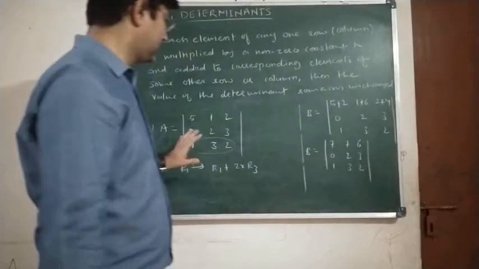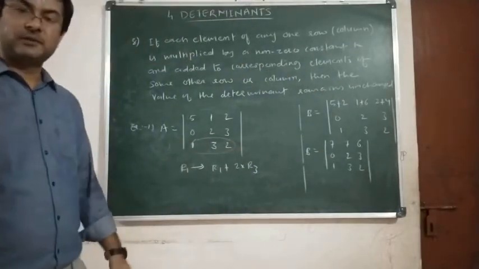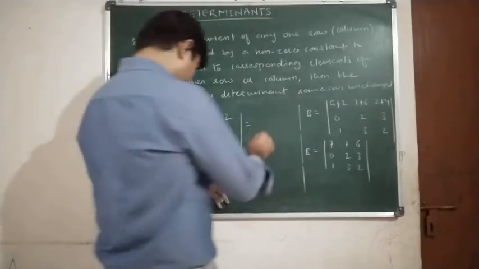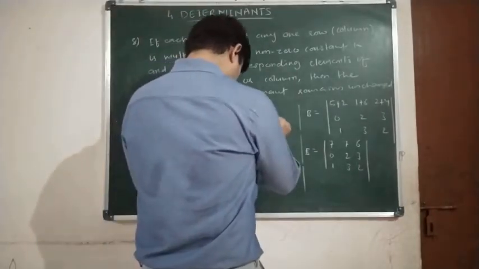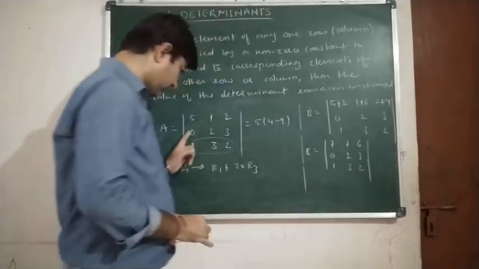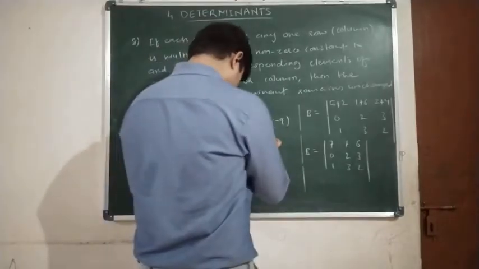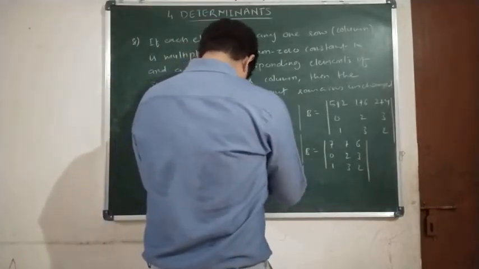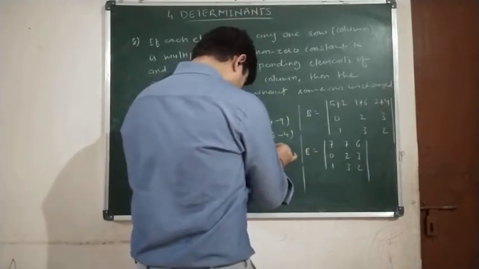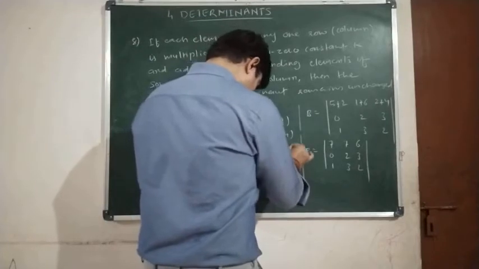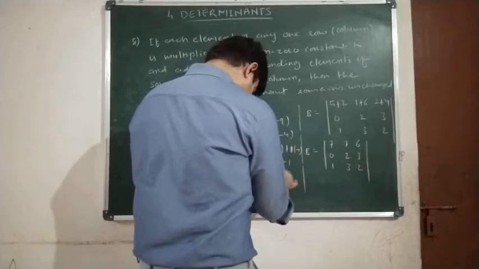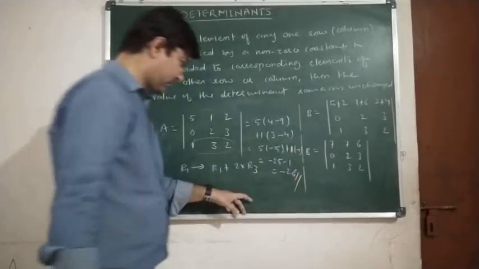Now we will notice that the values of both the determinants will be same. Let us check. Let us expand this along the first column. So we have 5 into (2 twos are 4 minus 3 threes are 9). The 0 term we will not write. I will directly write the third element, plus 1 into (1 threes are 3 minus 2 twos are 4), which is equal to 5 into minus 5 plus 1 into minus 1, which is equal to minus 25 minus 1, equal to minus 26.